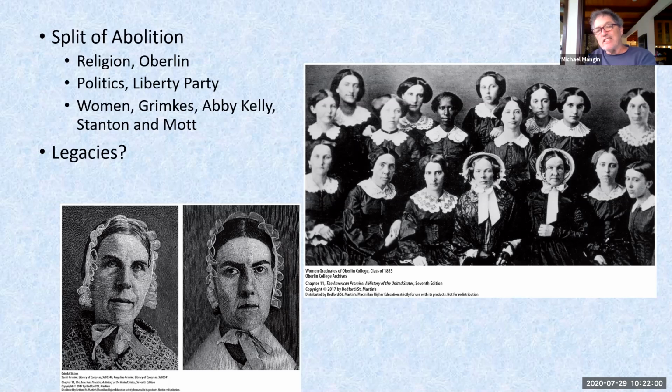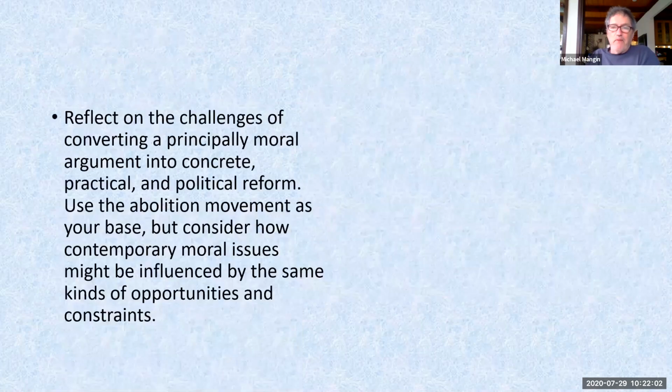So the legacies are that Garrison in many ways was a failure in that he wanted immediate abolition, and he wanted it done by basically slave owners waking up and realizing that it was immoral to own a human being. But that didn't happen. But the movement itself was a success in the sense that